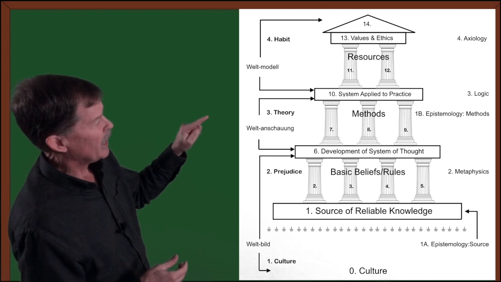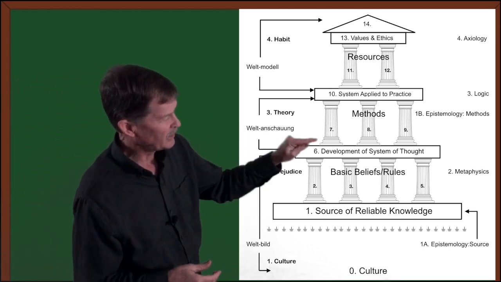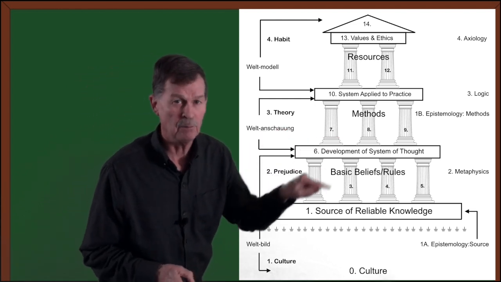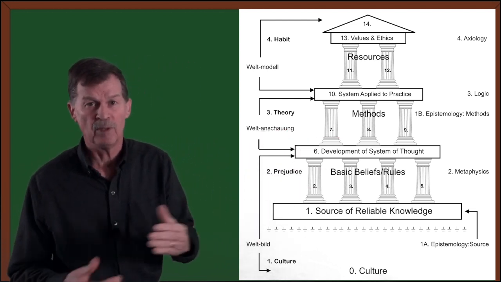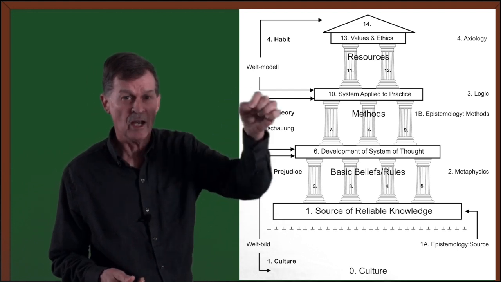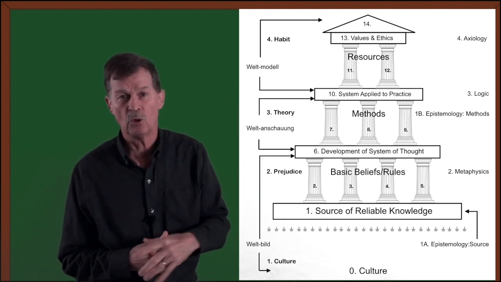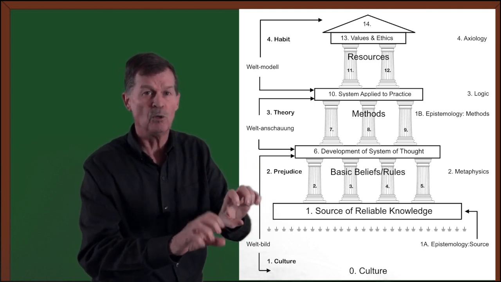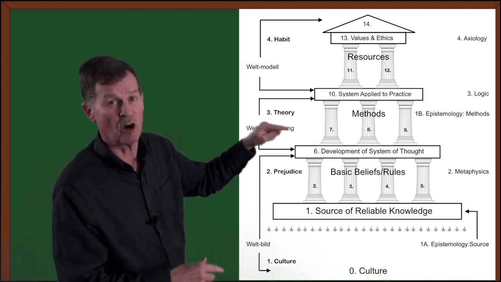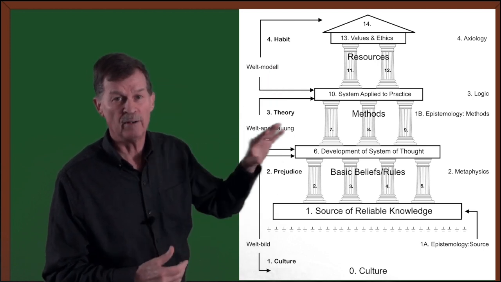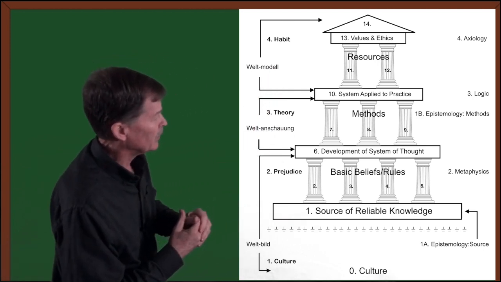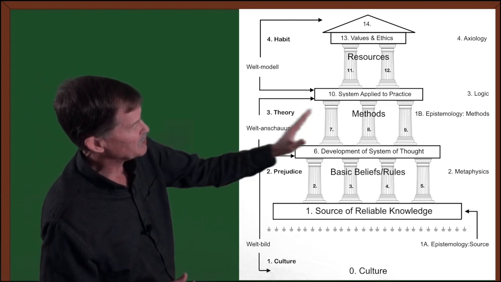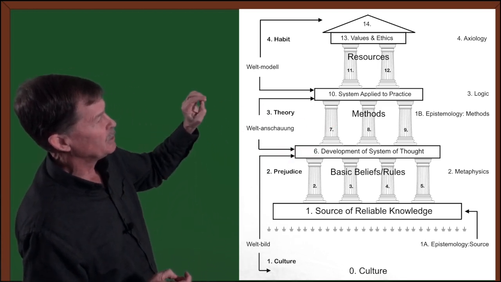But if we're having to do critical thinking the Western style, then that demands the source of reliable knowledge as human reason, and it discards the other sources as unreliable sources. So once we pick a reliable source, what we're saying is that the other sources are not reliable for whatever reason. After we pick our reliable source of knowledge, then we get our basic beliefs, then we develop a system